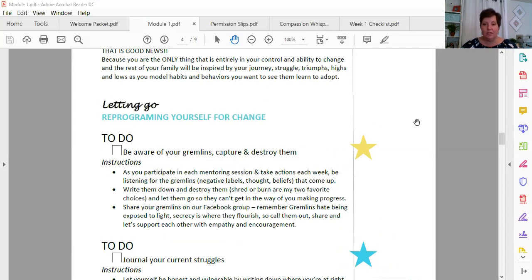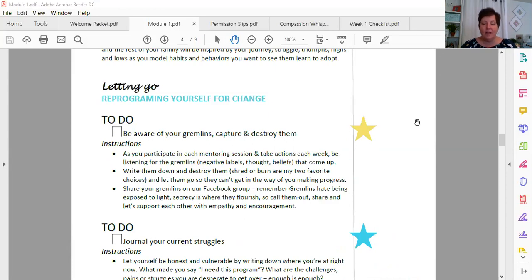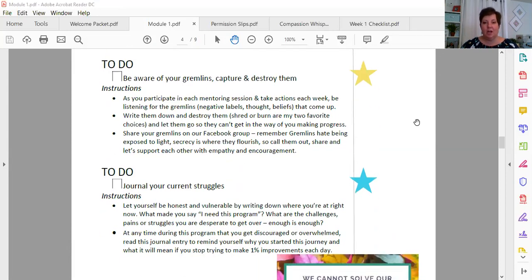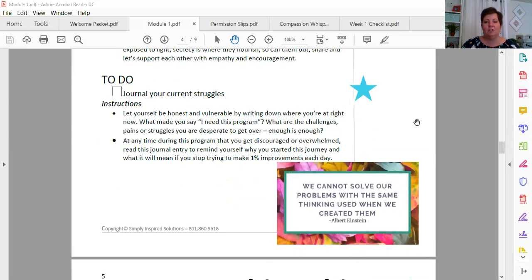Okay, so that's the first thing I want you to do when it comes to letting go and getting yourself to believe that you as a mom, wherever you are, can start making this change happen. The other thing I want you to do for letting go is, sometime this week, it doesn't have to be today, but sometime between now and the next time we meet, I want you to take a moment. I would set aside a certain period of time, a minimum of 15 minutes. It'd be great if you did it in the evening or sometime when you could have no distractions, or maybe first thing in the morning before your kids wake up. I don't know when's the best time for you, but sometime when you can take 15, 20 minutes and go somewhere